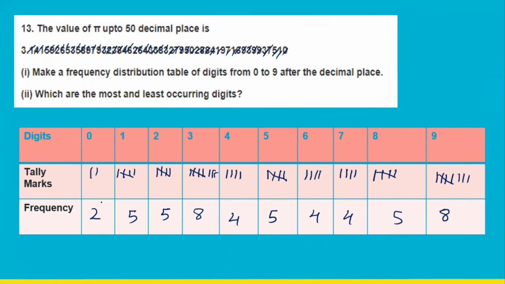We missed 1. Okay. So when we add, we should see that we get this 50. 2 plus 5 is 7, 7 plus 5 is 12, 12 plus 8 is 20, 20 plus 9 is 29, 29 plus 4 is